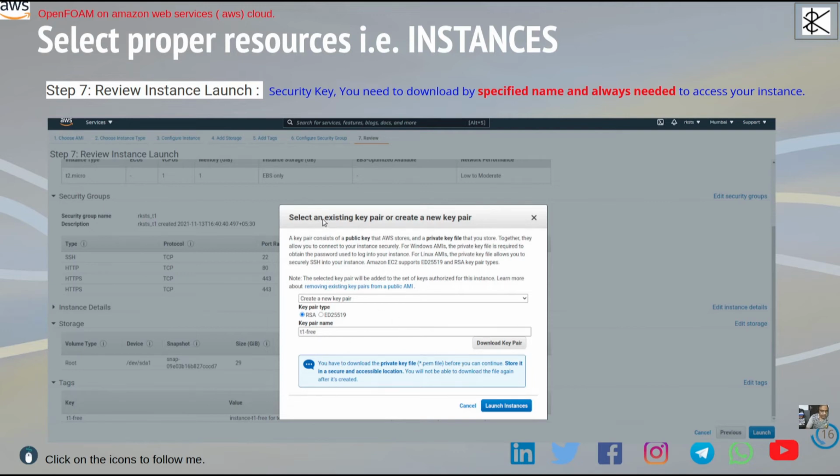Here it says key pair, and if you are creating a new one, you have to give a particular name. There is the option of an existing key or creating a new key. Suppose initially I'm creating one, so we can select this and give the name. You can give whatever you want and download this key. This key is very important to access this account. If you don't have this key, you can't connect from your local machine or your laptop computer to this AWS. This is very important to access this account from your machine.